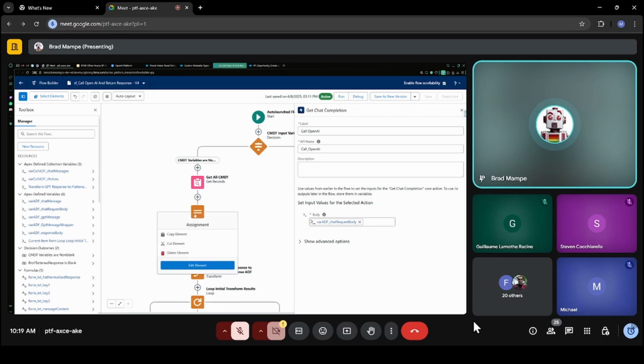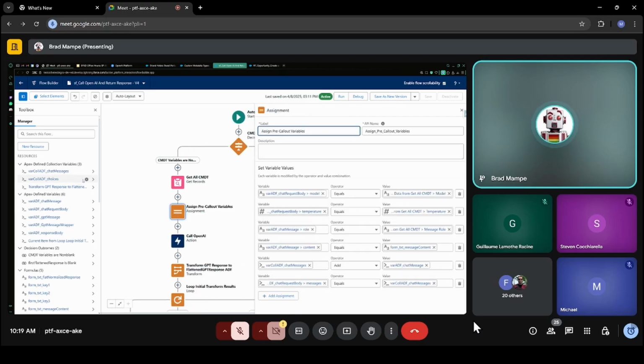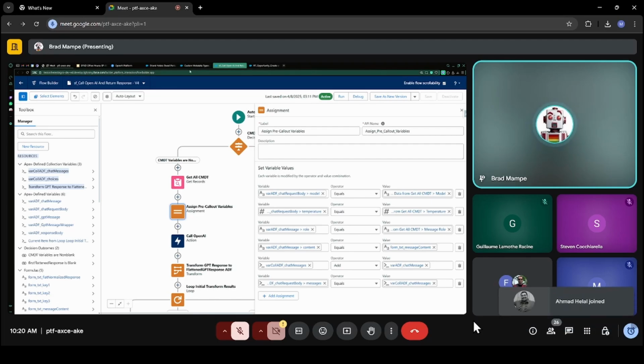Okay, sounds simple enough. But when you dig in, there's a lot that's going on here, because you'll see that these variables are a special kind of variable that I had not worked with before starting this project, and that's an Apex-defined collection variable, which sounds fancy, but it's a lot like what it sounds. You're just calling it from something that's stored within Apex.